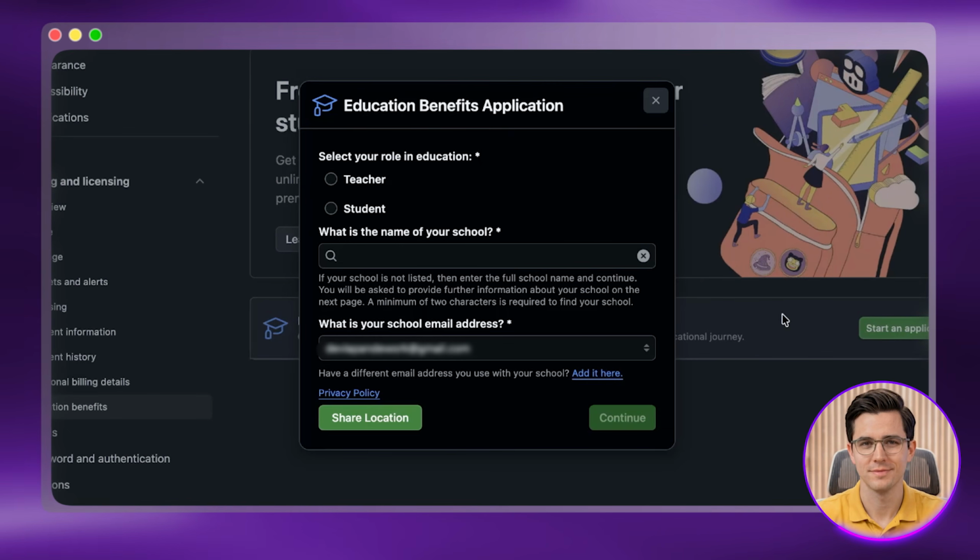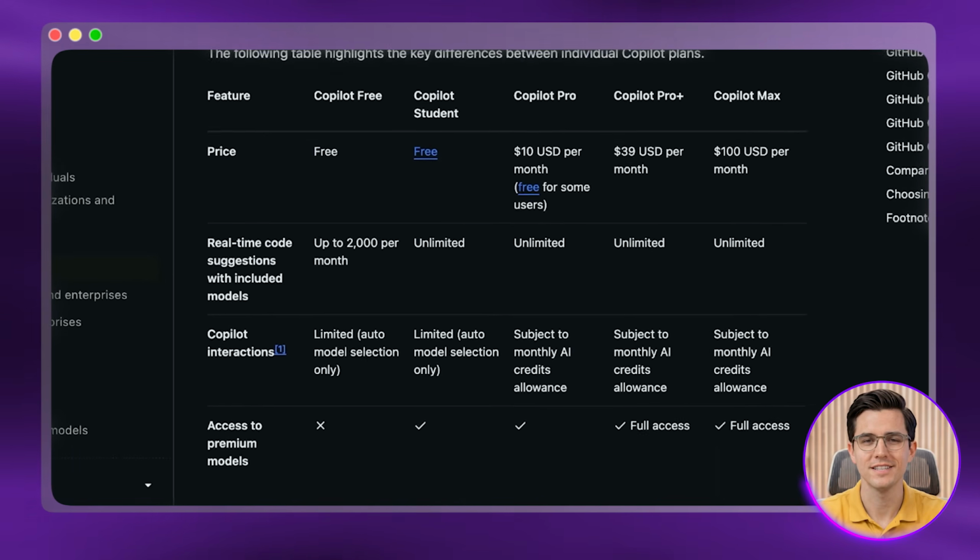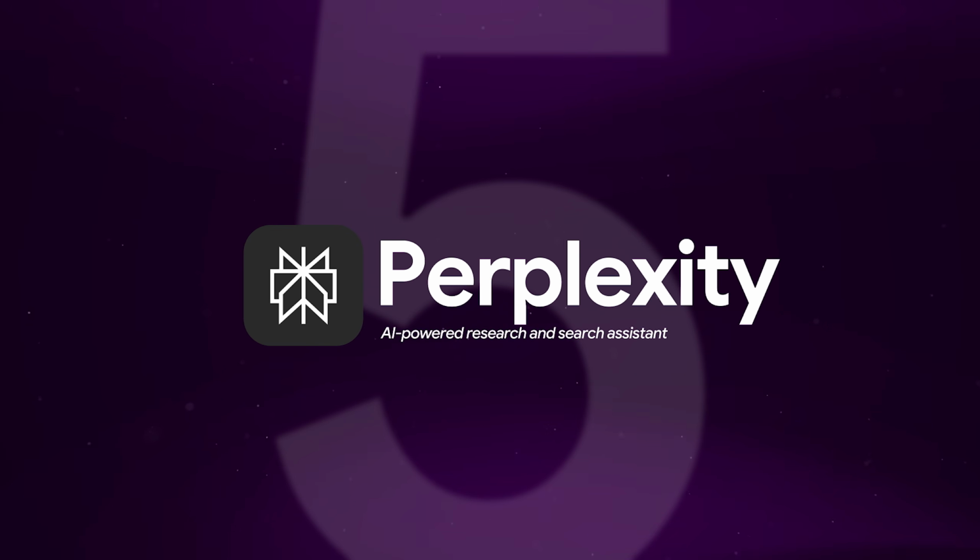Verify with your .edu email, and GitHub moves you onto the free student plan, which swaps that capped usage for unlimited completions and extra AI models. That's great for one problem at a time, but when you need to research a whole topic with sources you can cite, you want something built for exactly that, which is number 5, Perplexity, and this is my go-to for